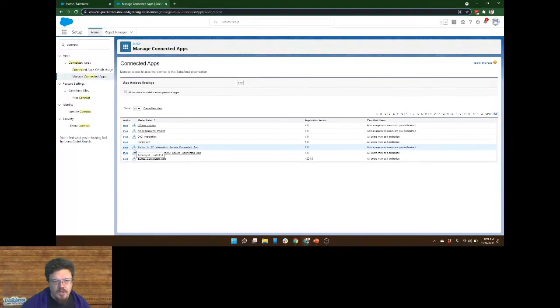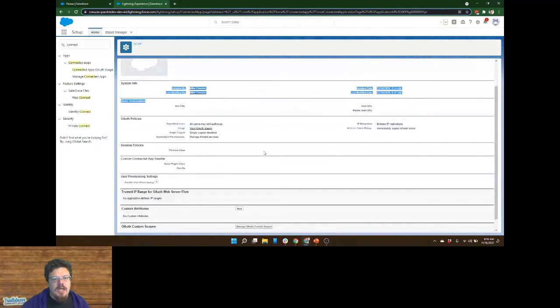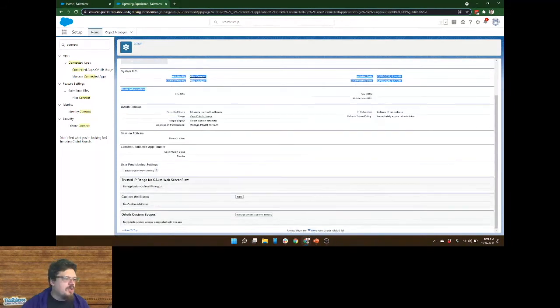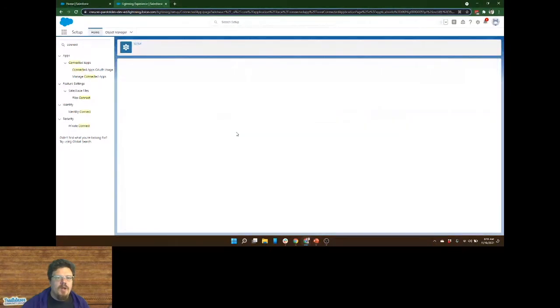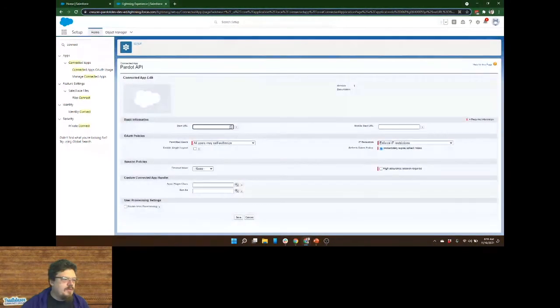So this one in blue, that's when we install Pardot into a Salesforce org, this one gets built that way. What we've built is this Pardot app. You can see I installed it, I created it, and this is where we go into managing this, edit policies, stuff like that.